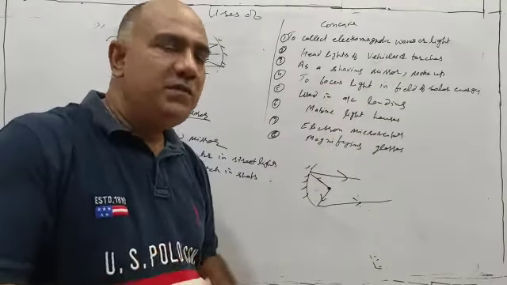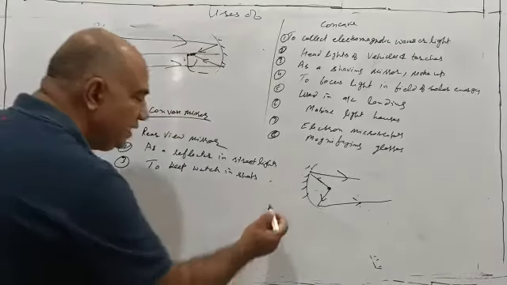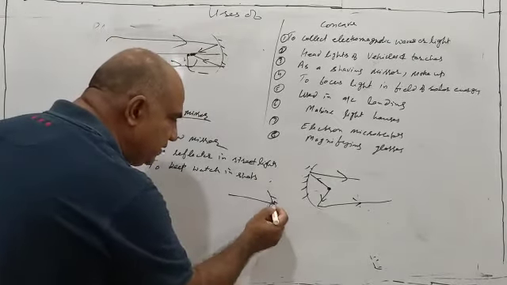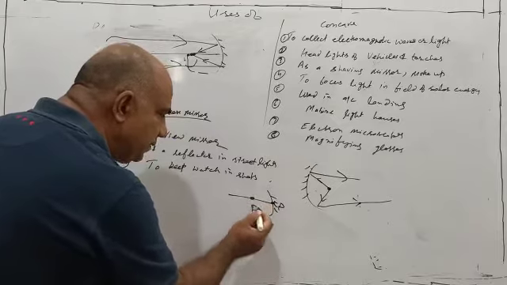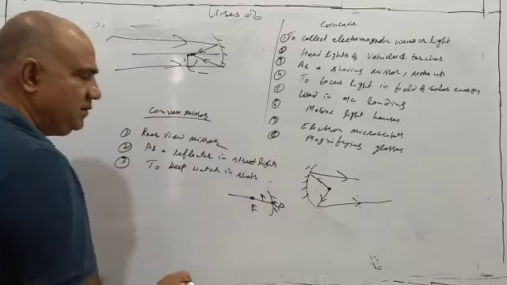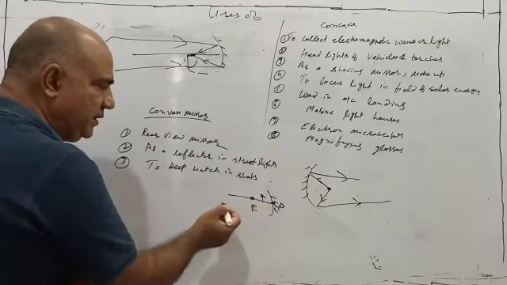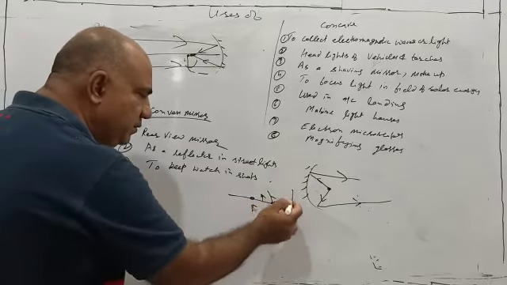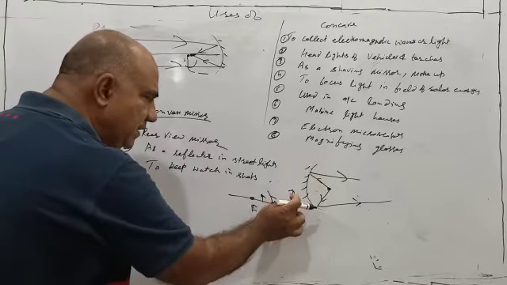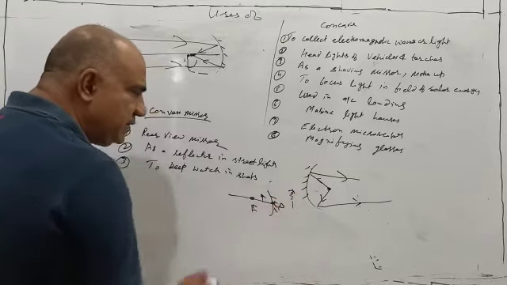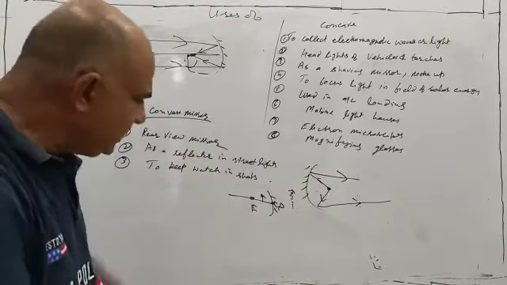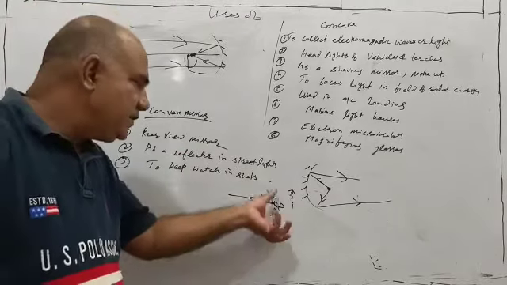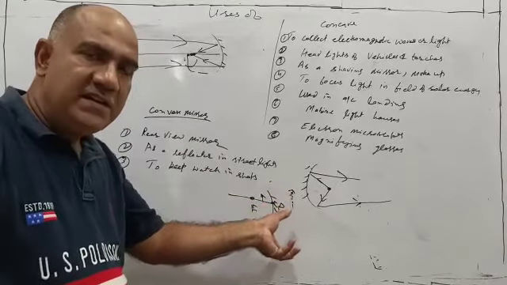See how we use it. There was a position while studying: this is the pole, this is the principal focus, and if the object is kept in between the pole and focus, then you remember the image formed was behind the mirror. It was just in the previous class that we made the diagram. It was enlarged, it was erect.